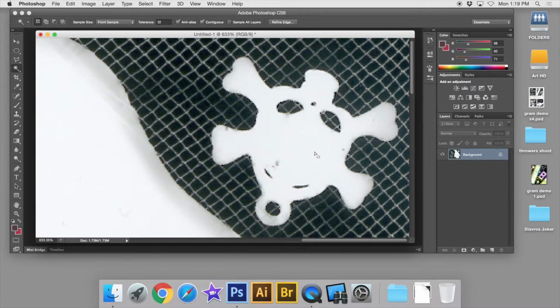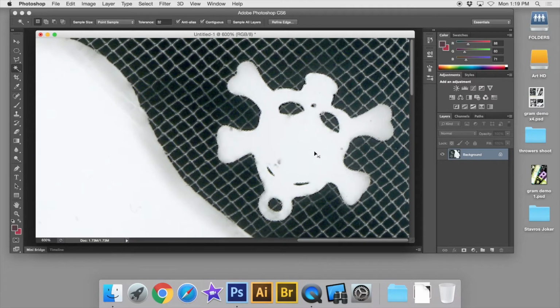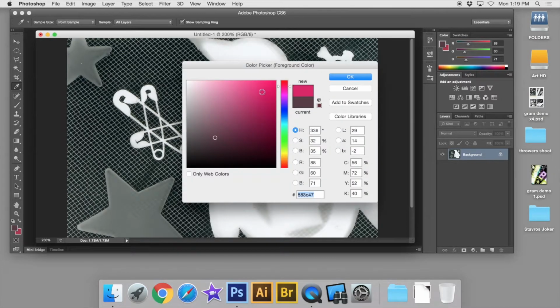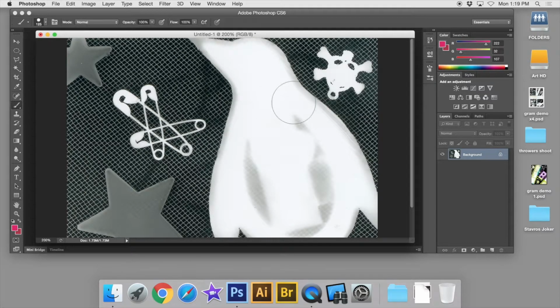Well, again, it allows us to affect only part of the image, not the entire thing. So if I decide that I want that skull to be pink, let's go ahead and all make the skull pink. Once you have it selected, we are not going to get a color from the color picker and paint it. We're not going to do that because it's just going to make it solid